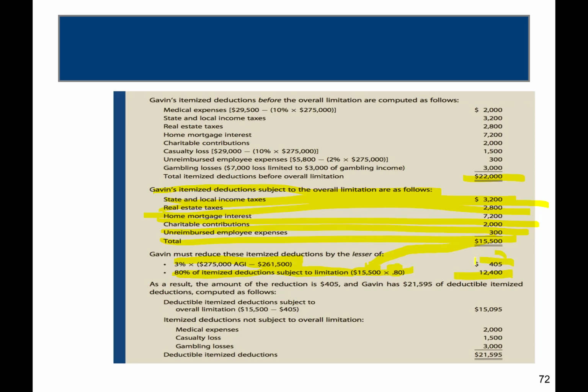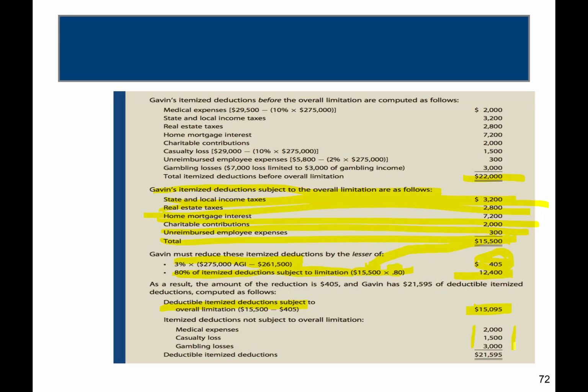We're going to pick up what? The lesser number, the 405. So when we consider his itemized deductions, we take what? The 15.5 of all those that were subject to the limitation minus the amount that's in excess of 3% of the threshold. So he can take what? Of those subject to limitation, he can take 15,095, and then these certain category ones, the medical expenses, etc., are not subject to any limitation, so we have to add those back in, right? And he can take those, 100% of whatever is allowed.